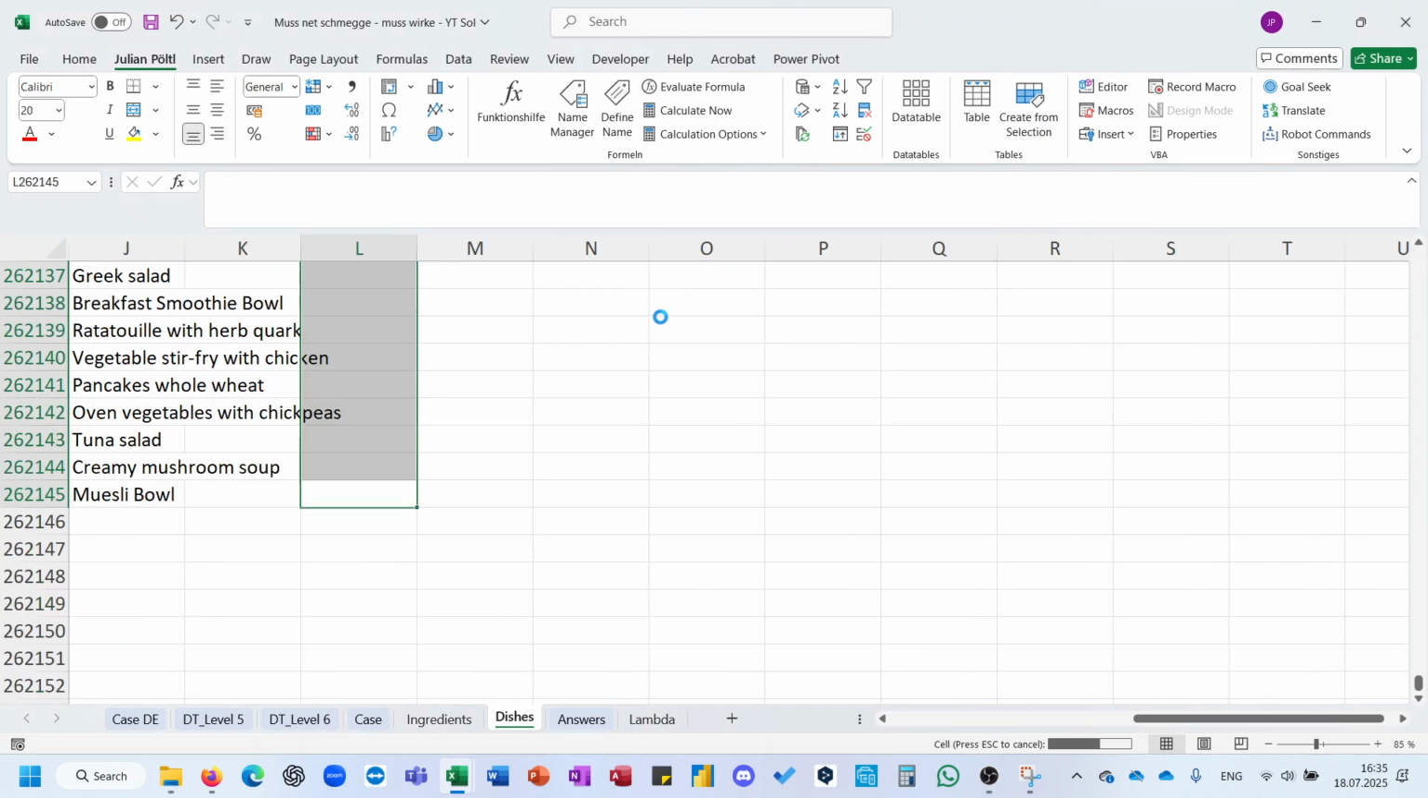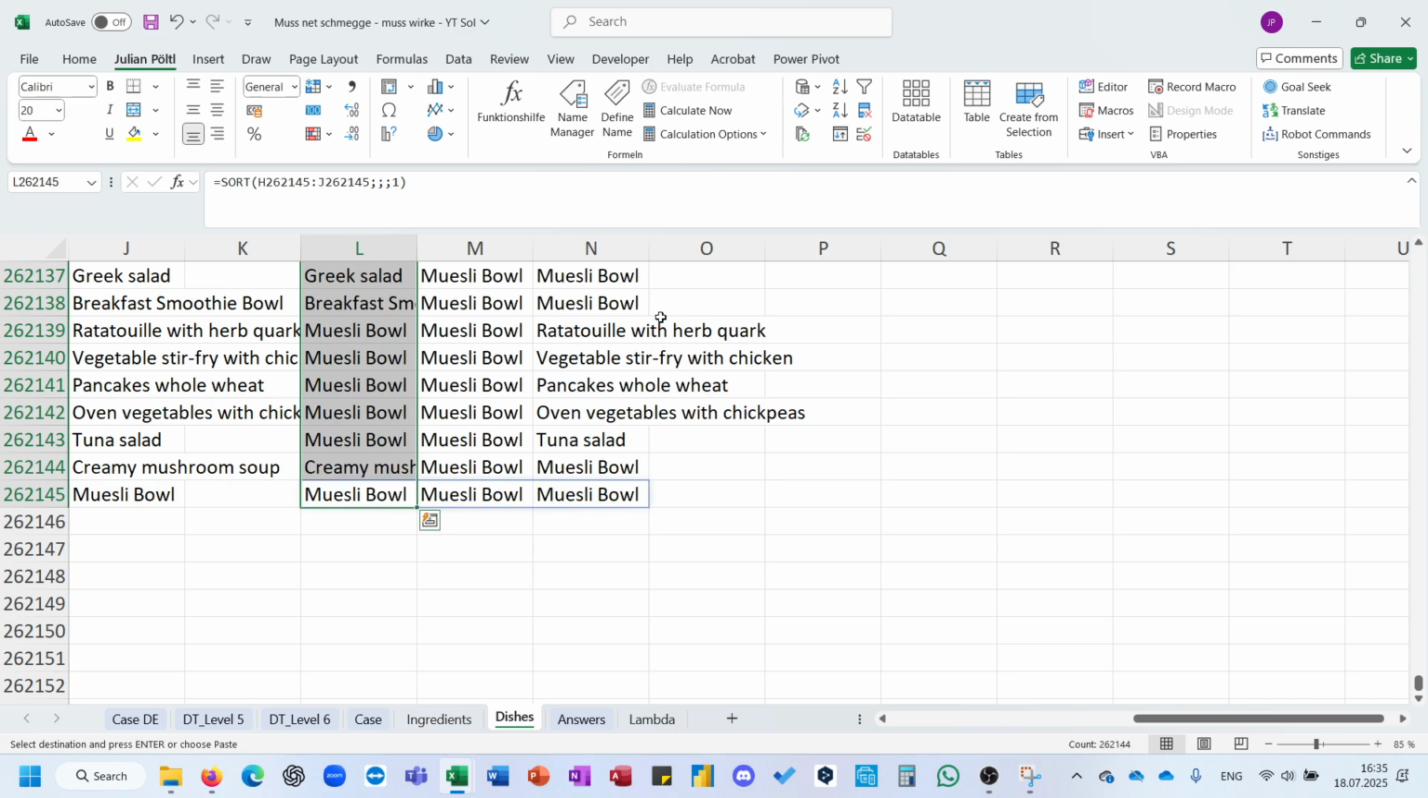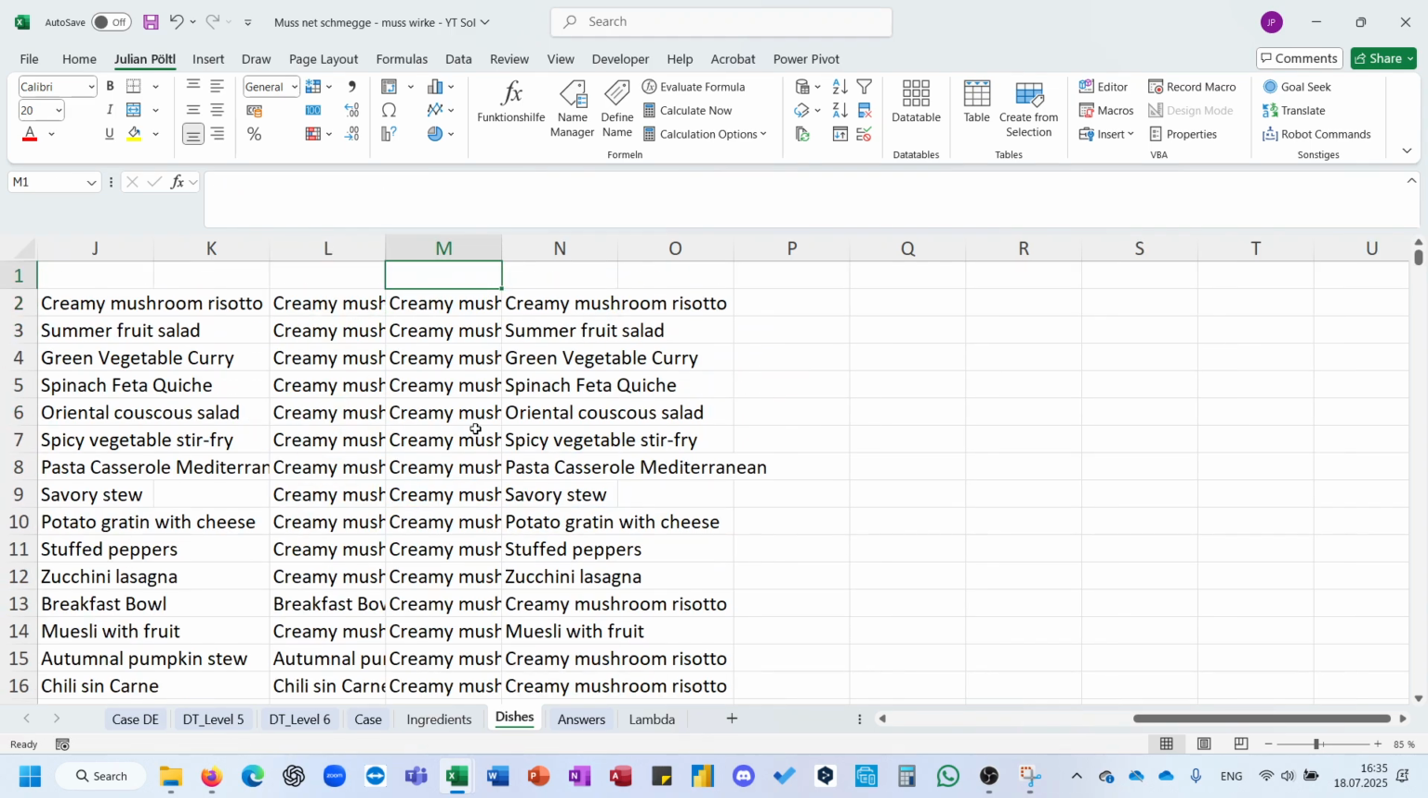Yeah, fill it in. Why does it take so long? Last time it wasn't that long to sort a few columns. Oh, this takes ages. Okay,